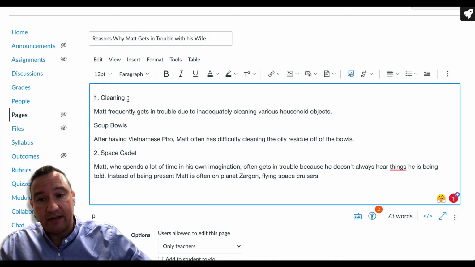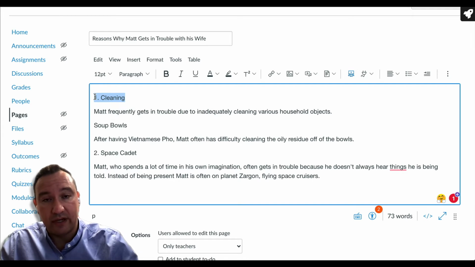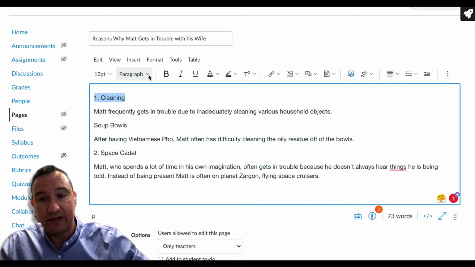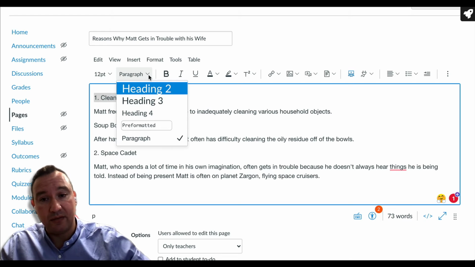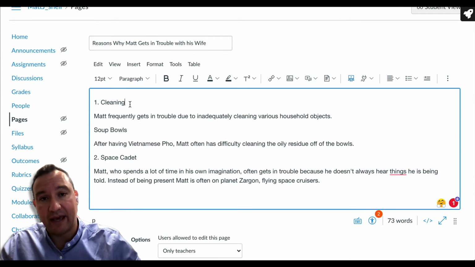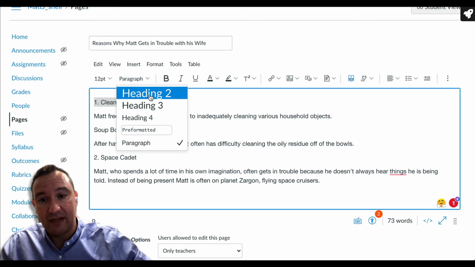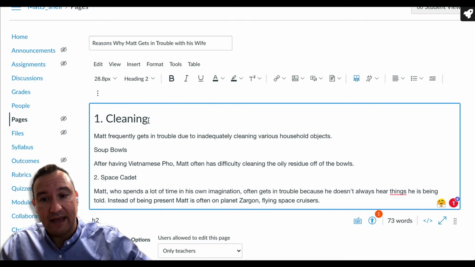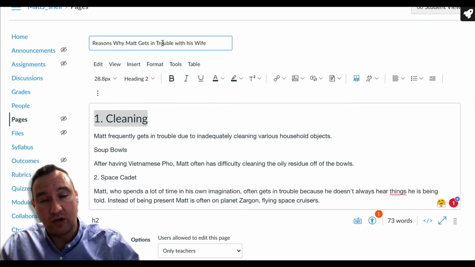So if I highlight cleaning, that first topic, I can come over here to this dropdown, and because I'm going from a header 1, the next header that I have has to be a header 2 if I'm establishing a hierarchy. So I'm going to highlight cleaning, and I'm going to select heading 2, and now that is a heading 2, right? And because it follows sequentially right after the header 1, that's a good sign.